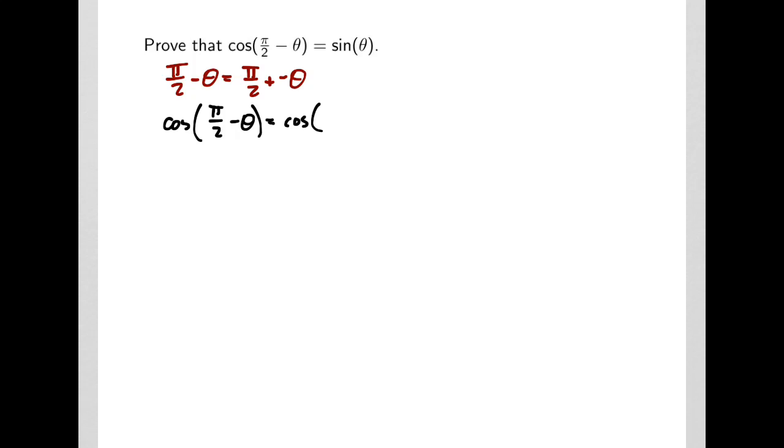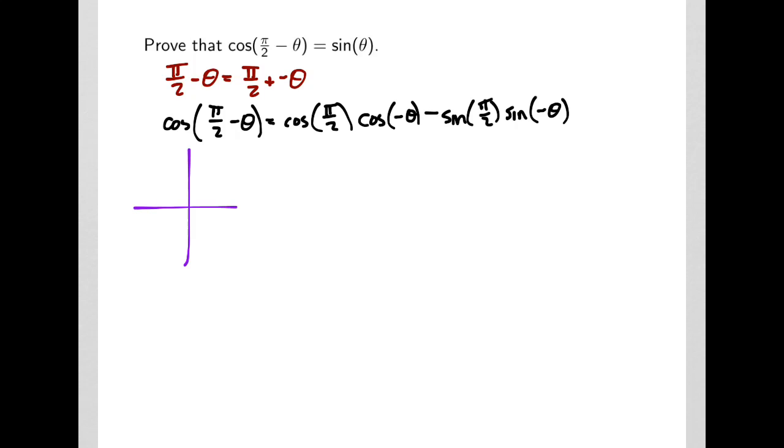It's the cosine, minus sine, where my angles are pi over 2 and negative theta. Now pi over 2 happens to be one of our famous angles. It's 90 degrees. So the cosine of pi over 2 happens to be 0. So it's 0 times the cosine of minus theta,